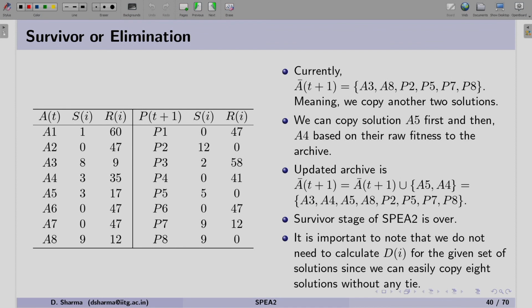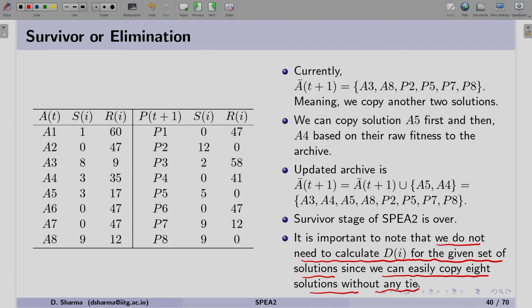Now, it is important to note that we do not need to calculate Di for the given set of solutions, since we can easily copy 8 solutions without any tie. It means that when we calculate the fitness of any solution, the fitness is made of the raw fitness plus the diversity Di.